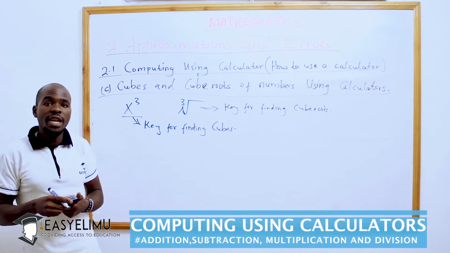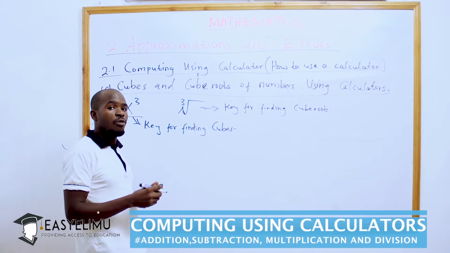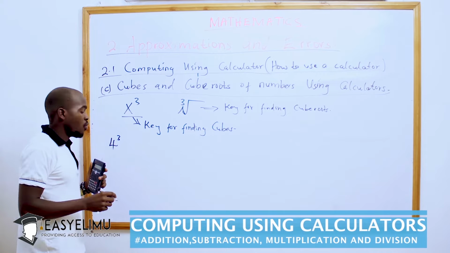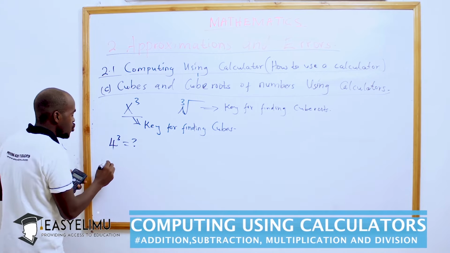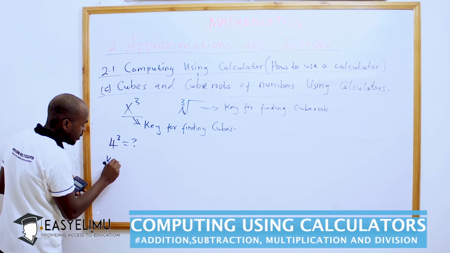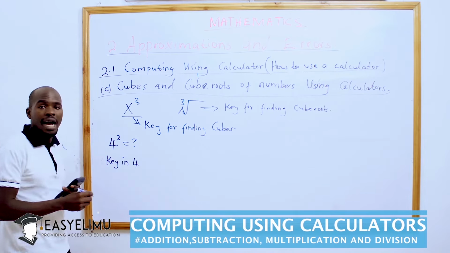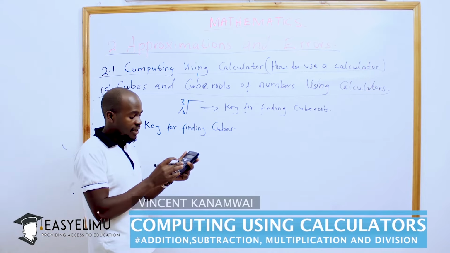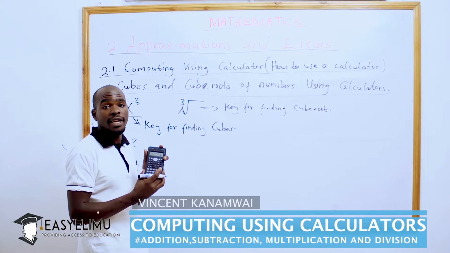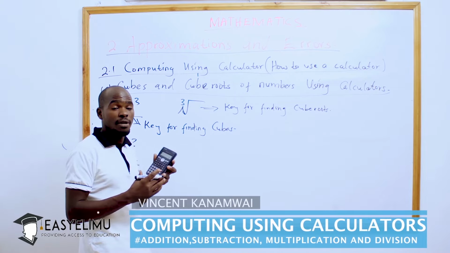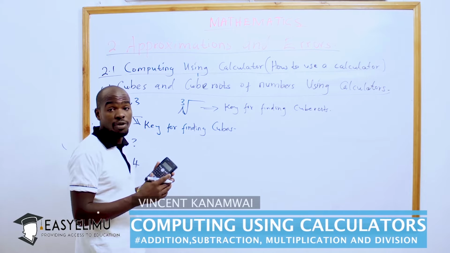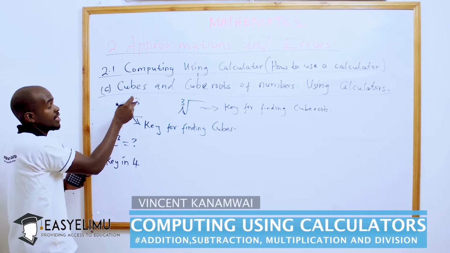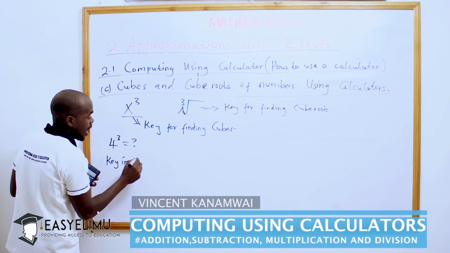So for example, if you have been asked, find the cube of 4, meaning 4 cubed. What you should do here, you only key in 4. After keying 4, then you go up there on the black keys. Actually, it depends on the model of calculator you are using. It might not be black, but the keys are almost the same. For the 82MS, you will find it has been written x cubed. So you press that and you will find